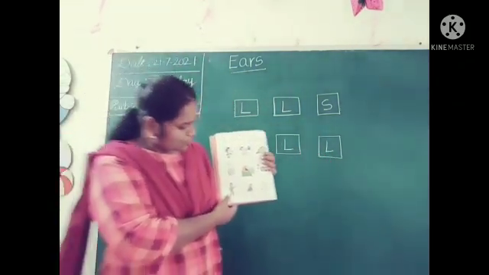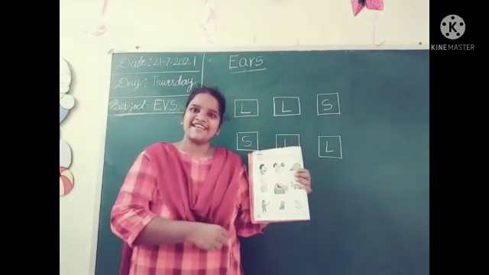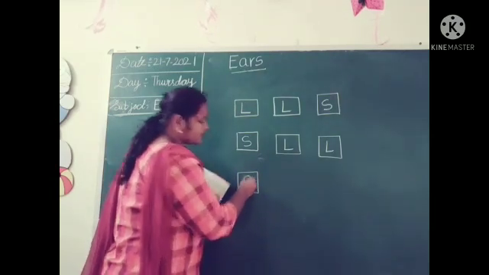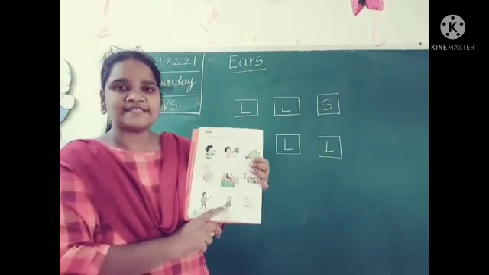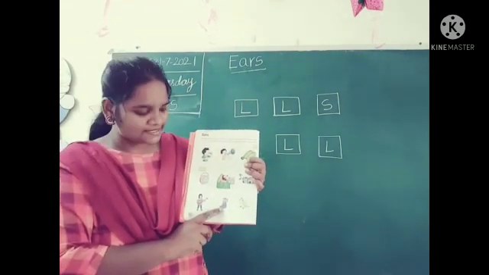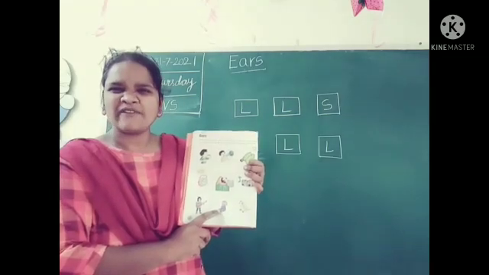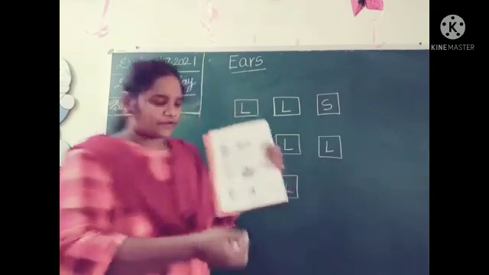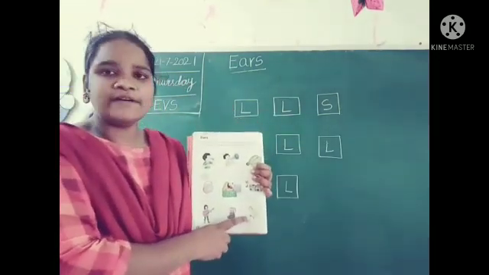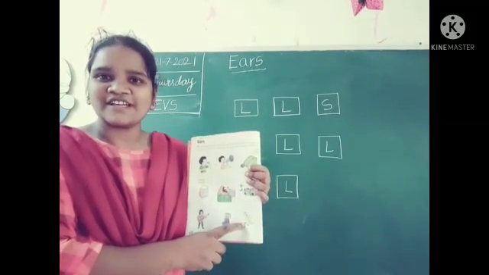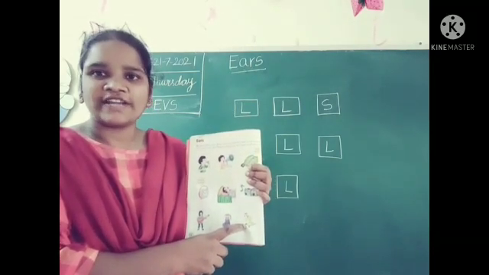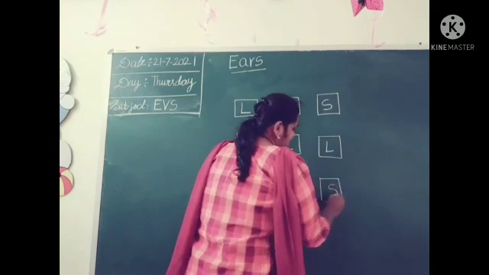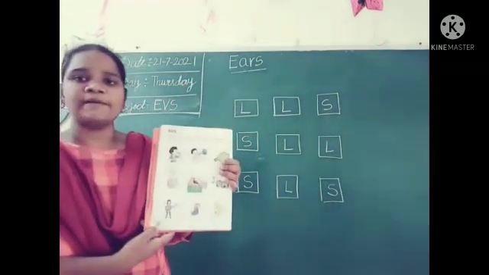Next, this boy is playing guitar. Yes, guitar is a soft sound. Then we will put S for the guitar sound. And see the next, mixie. Yes, in our homes we all have mixies. Mixer sound is a very loud sound. That's why we put L for the loud sound. Okay, and see birds sound. Yes, birds sounds also very soft sound. It is not a loud sound. That's why we put S for the bird sound. Okay, like that you have to fill the page number 6.